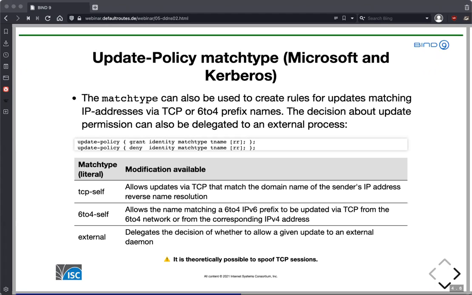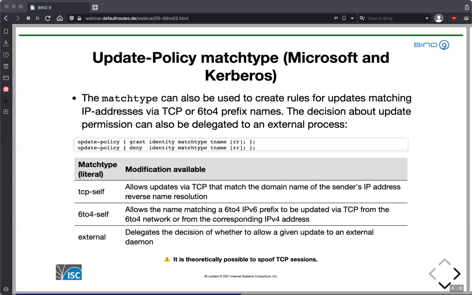Then the BIND name server does a reverse name resolution of that IP address of the client and finds a domain name for that IP address. And then that domain name can be updated. Basically, a client with tcp-self can update its own domain name if the reverse name resolution already matches that IP address. Something similar is possible with 6to4-self, which is an IPv4 to IPv6 transition technology,